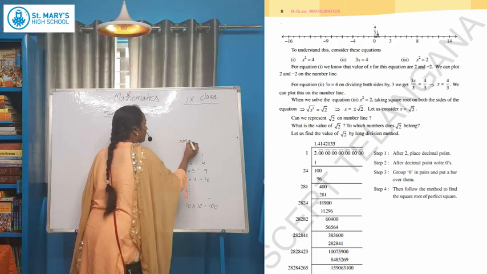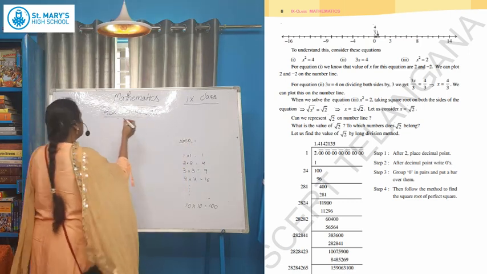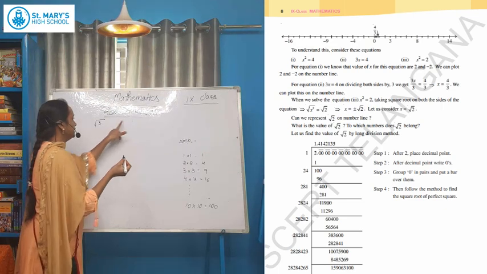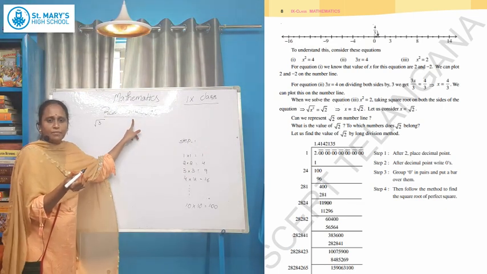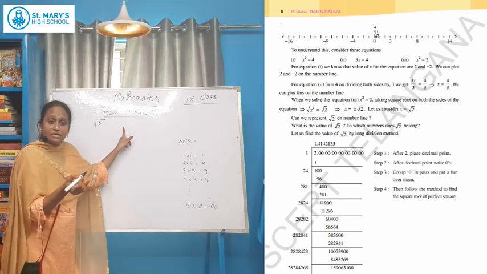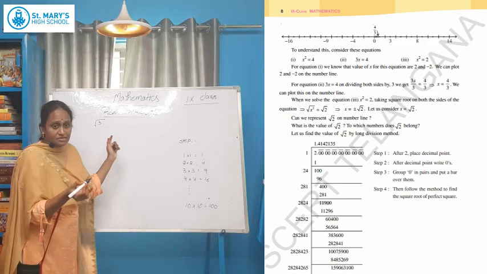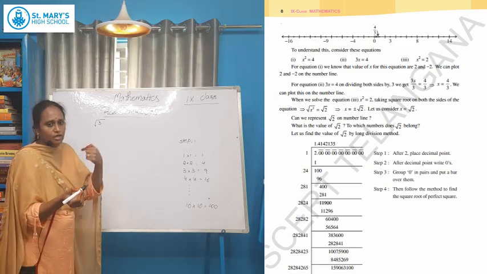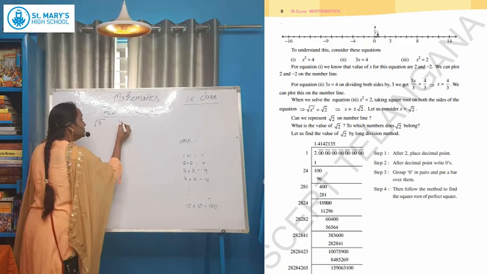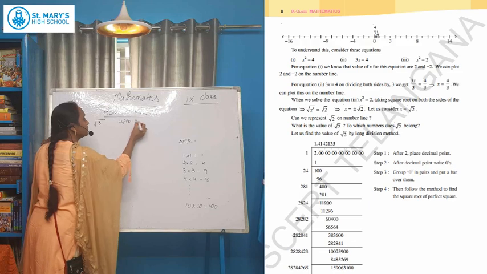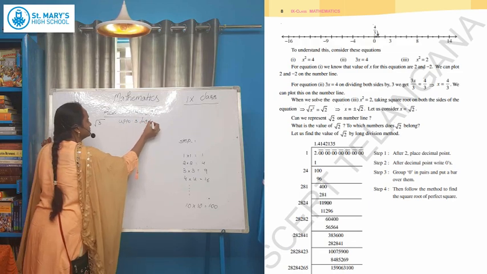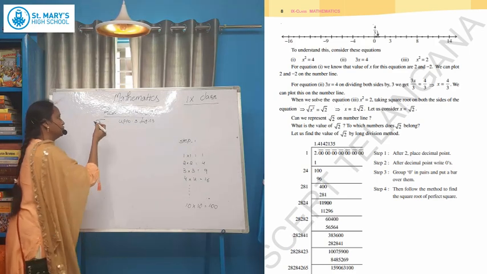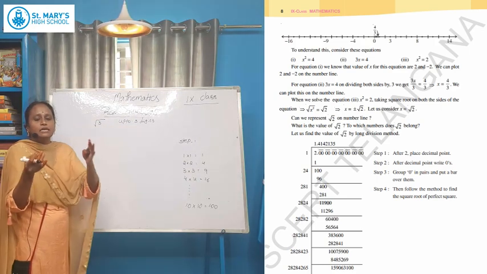Now I am going to take the number root 3. It is the square root of a prime number, so it is an irrational number. Is that so? Yes. We need to find this irrational number value up to 3 digits. So here we have root 3. How will we write the dividend part?